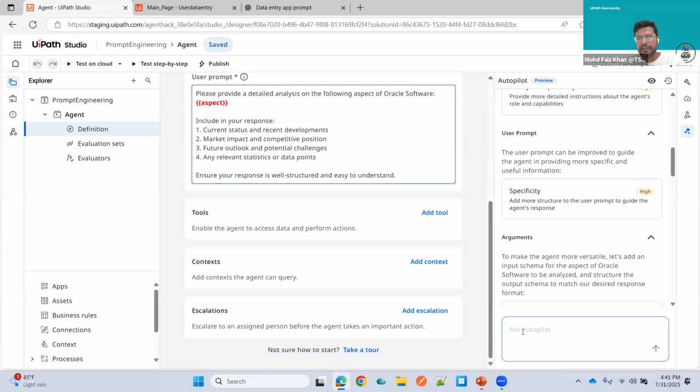I will ask the autopilot to replace the aspect with my own.